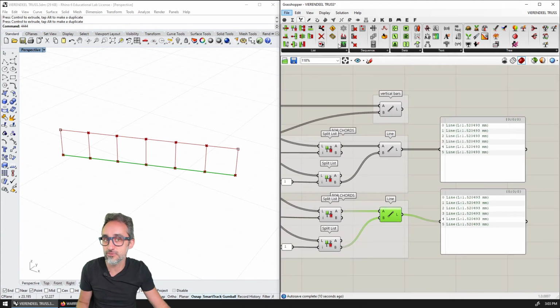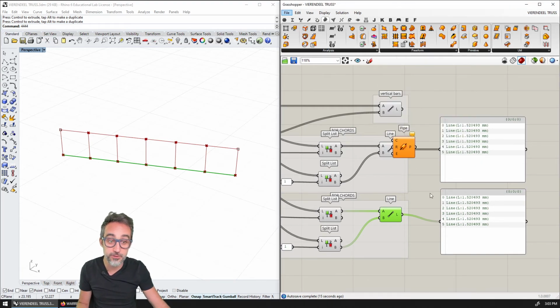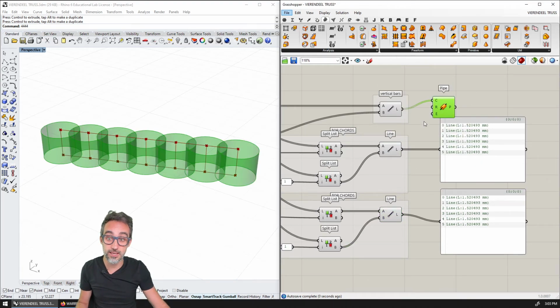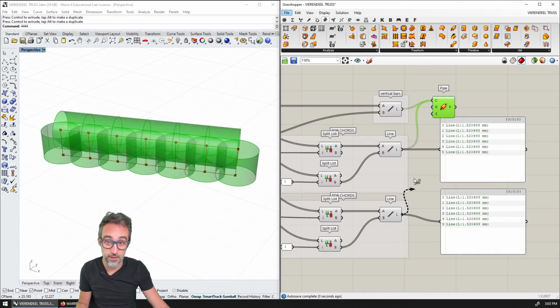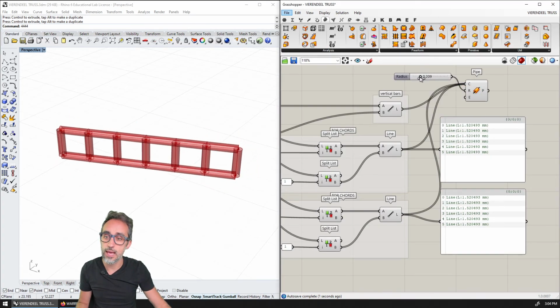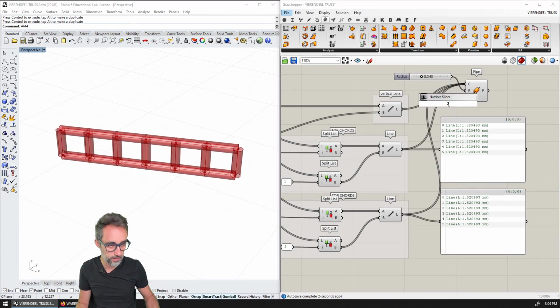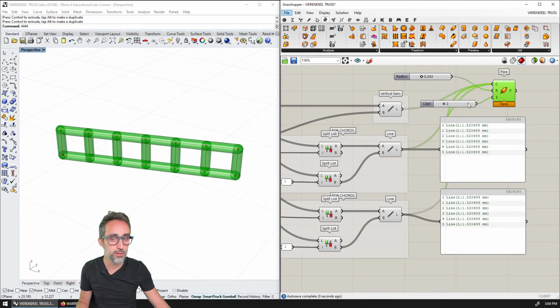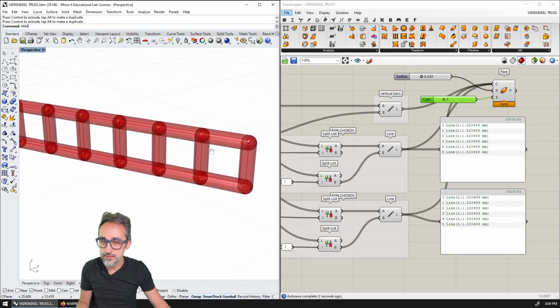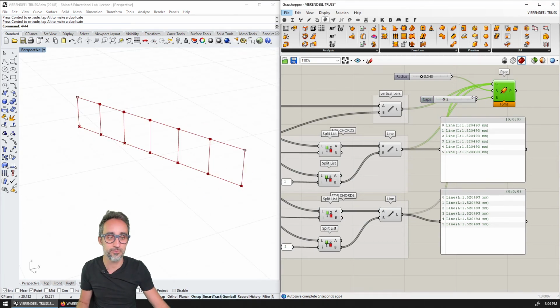Just for the sake of visual flavor, I could do something, for example, like putting a pipe around them. Just be careful because pipes are actually fairly expensive to render Rhino-wise. So they can look something like this. And then I can make the radius a little smaller, and I can make the ends be rounded by plugging here the number 2, for example, right? And I can now make this look more like a beam or not. I don't really know, but this is just for visual flavor. In reality, I don't really need that.